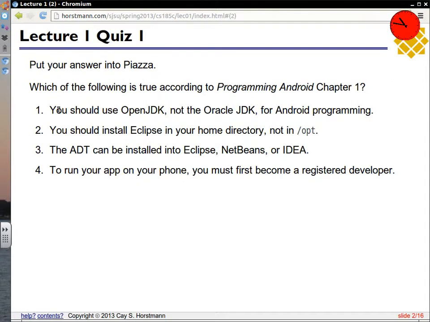No one picked that, and that's just as well, because it's probably wise to use the Oracle JDK. I think that OpenJDK will actually work, but why? It's yet another wrinkle in an already complex setup. So definitely use the Oracle JDK. Even on the Mac, the smart strategy these days is to just install the Oracle JDK. 1.7 doesn't come with anything else anyway, and just leave the Mac JDK to die the death that it has so richly deserved.